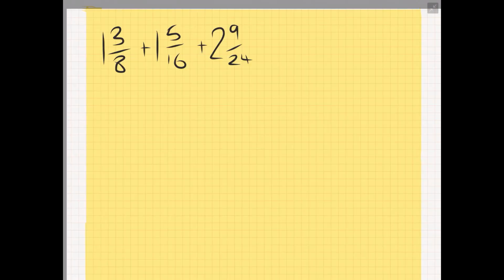So to recap, we take our whole numbers and we add them together. 1 plus 1 plus 2 gives us 4. We take the remaining